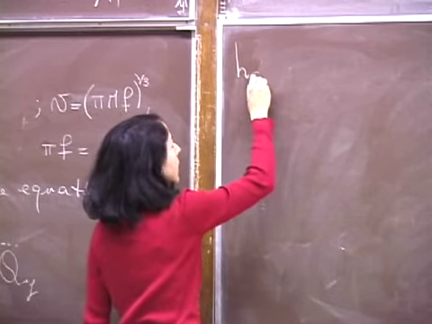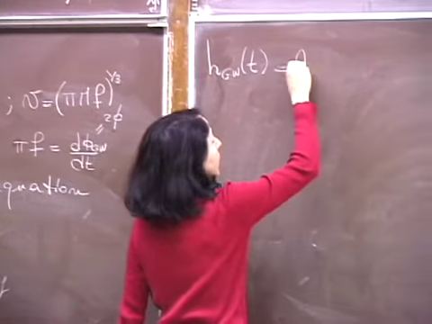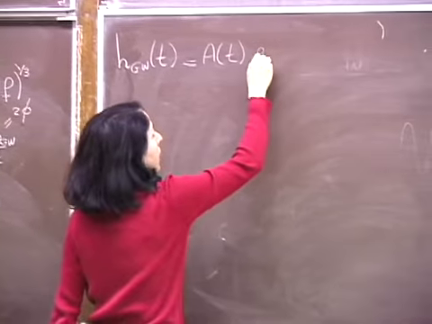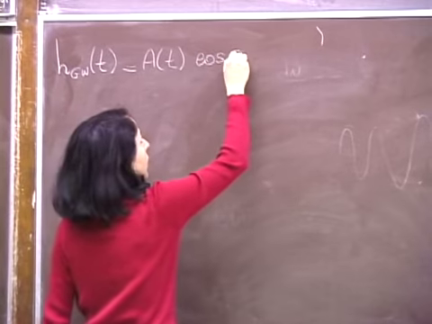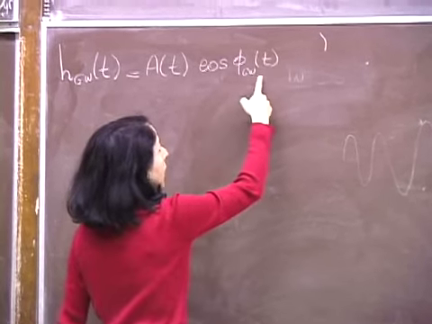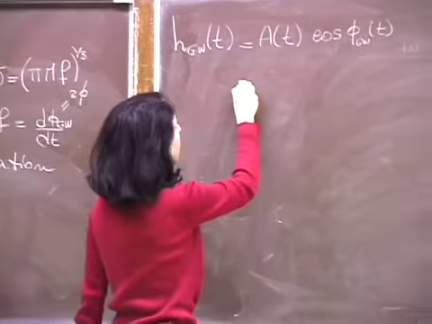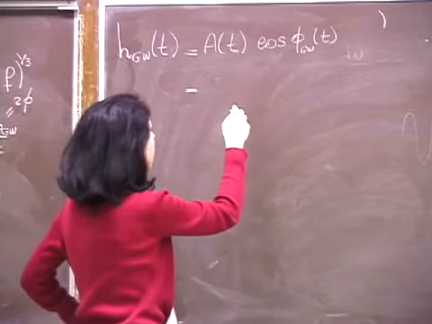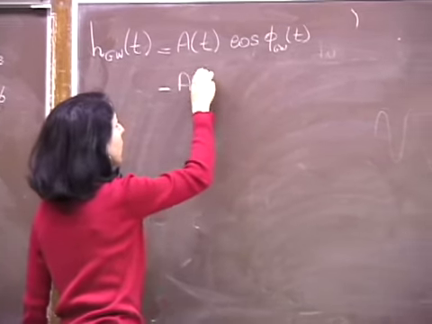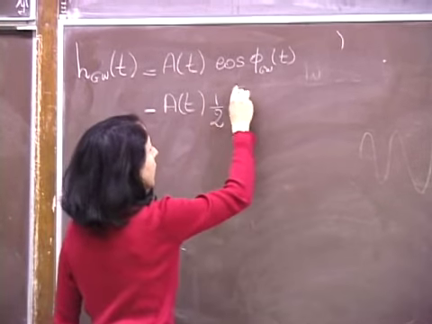In that case the gravitational waveform will have a certain amplitude, and then there will be the cosine of phi of t. So this phi again is 2 times the orbital phase phi. Now you can rewrite this. Well, this is just a cosine, so you can write it like